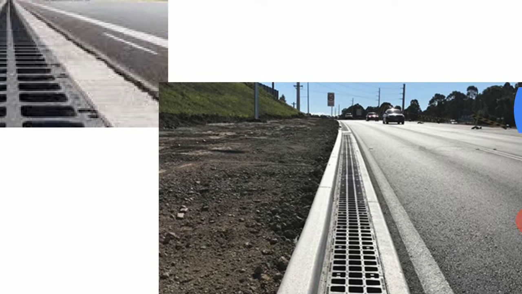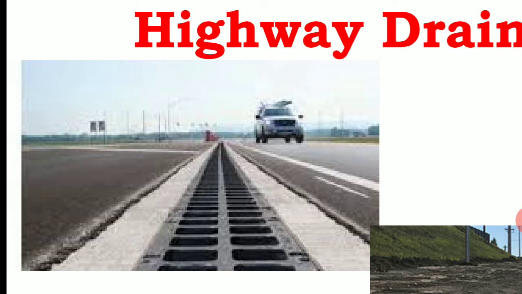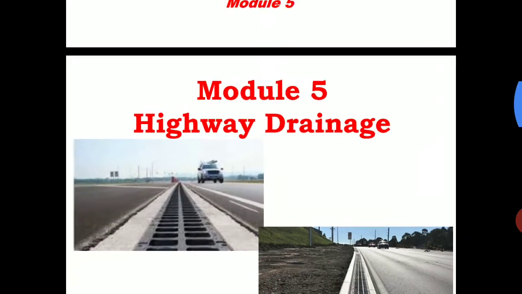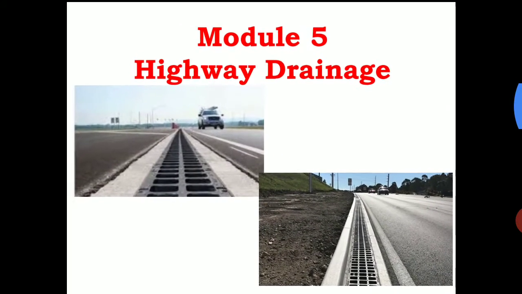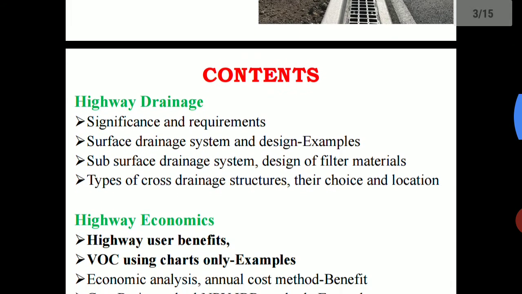So this is the part of the rainwater that flows on the ground or the road surface. The other part of the rainwater percolates into the ground and reaches the groundwater table, and that raises its level. Okay, so even by providing this proper drainage system, especially in the highway, it is going to increase the level of the groundwater within the earth surface. Okay, so this is just the introduction part.